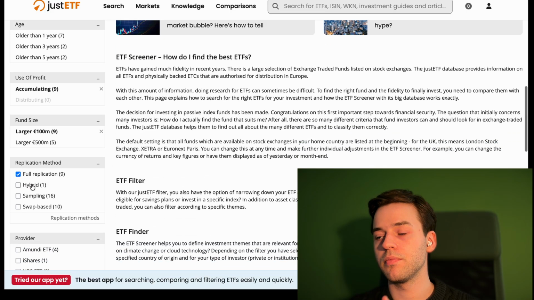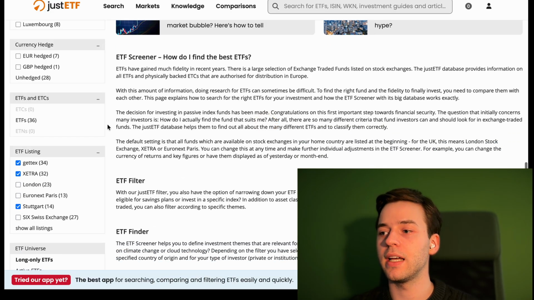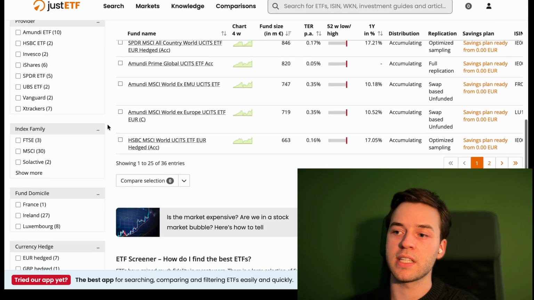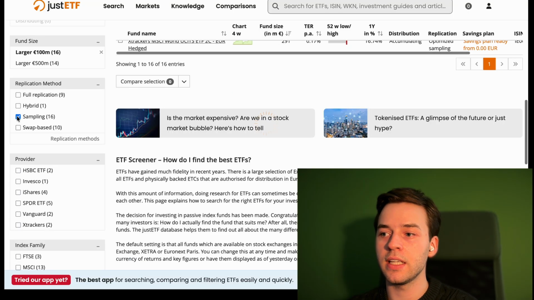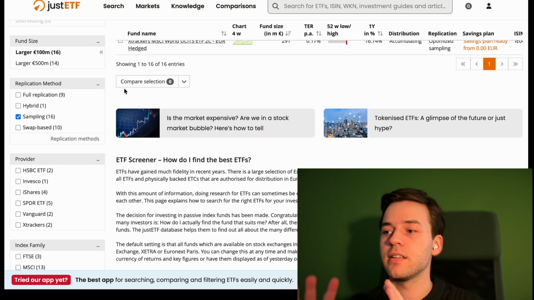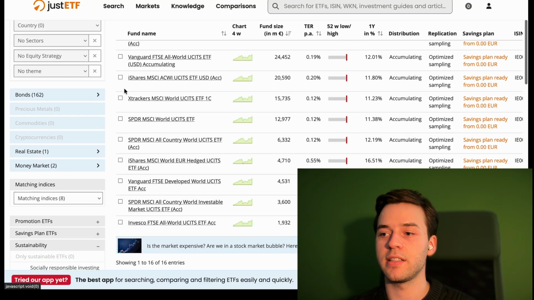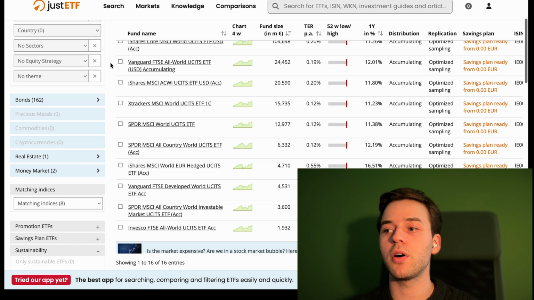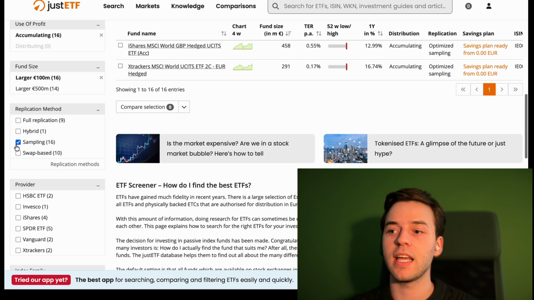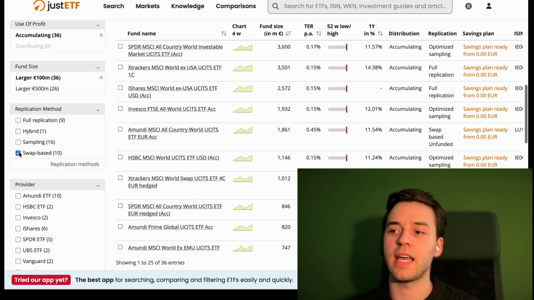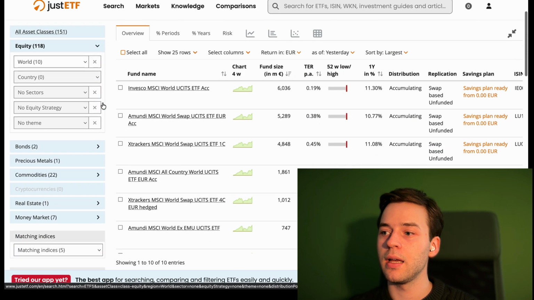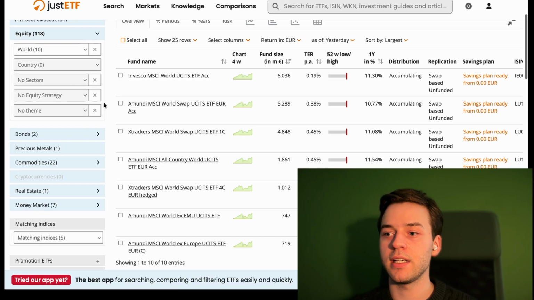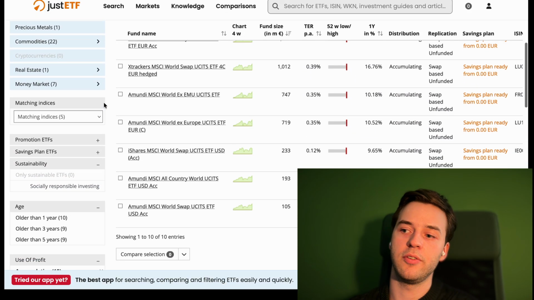By not having to buy literally all the stocks, with some statistical finance wizardry, they buy just a sample of the companies their index tries to track, while still tracking their chosen index very closely. And then with swap-based ETFs, they use even more finance wizardry, as they are not actually investing into the underlying assets of their chosen benchmark, but they do deals with banks, etc., to try to guarantee the return of the